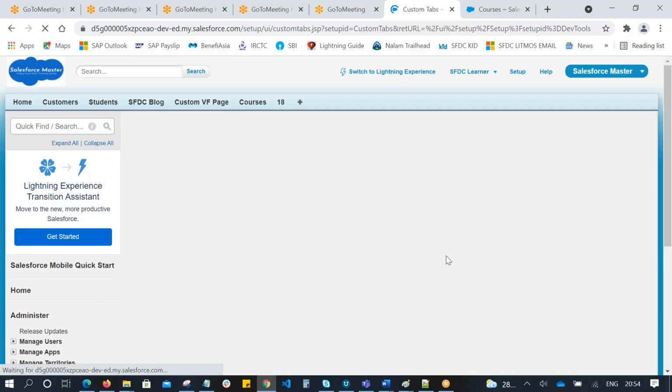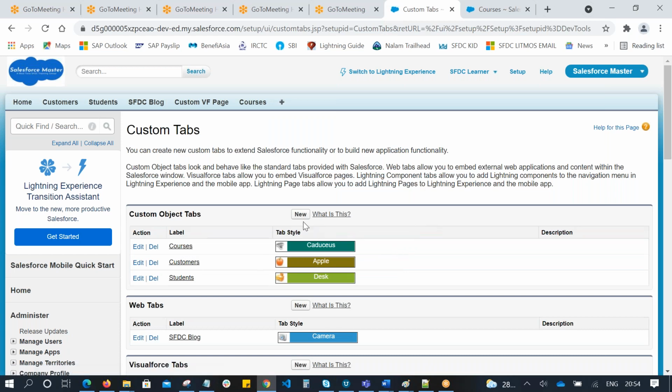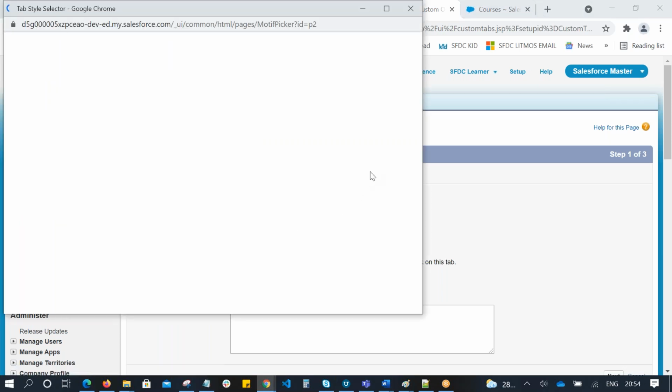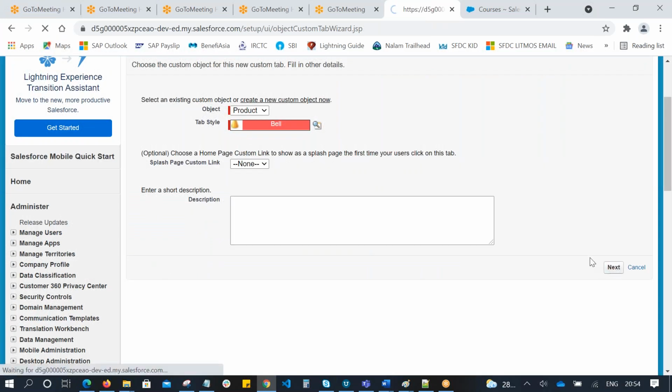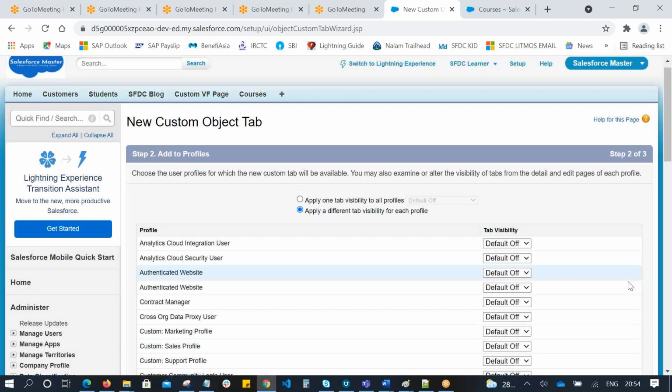Cancel. Default off or default on for administrator.